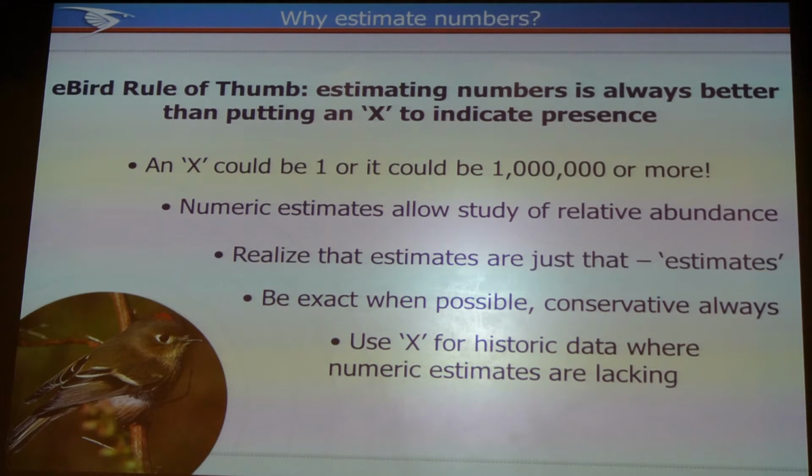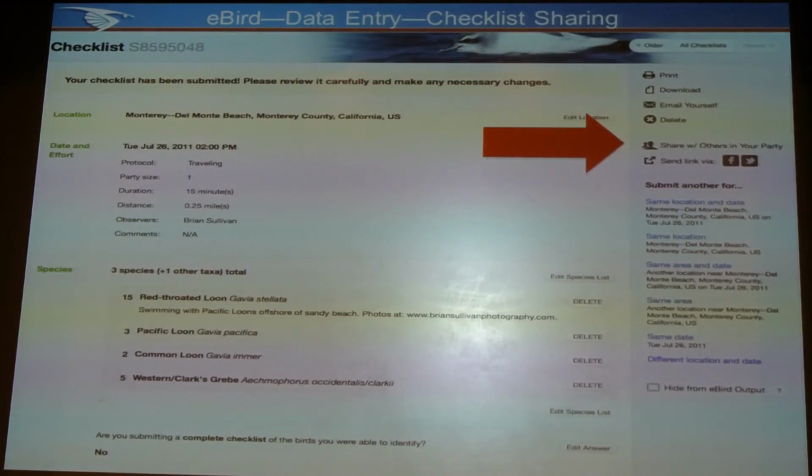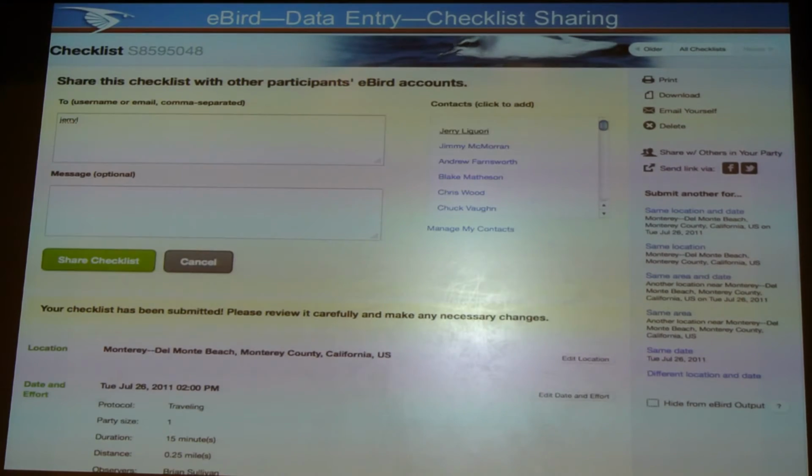I have a question, and we kind of talked about it. I ride bikes all the time. So if I'm riding my bike and I see a summer tanager, and I may have seen 15 cardinals, but I'm not actually birding, that's incidental. Yeah, that's an incidental type of checklist. And you would still want me to put it fairly close to where I was on my ride? Yeah, so here,